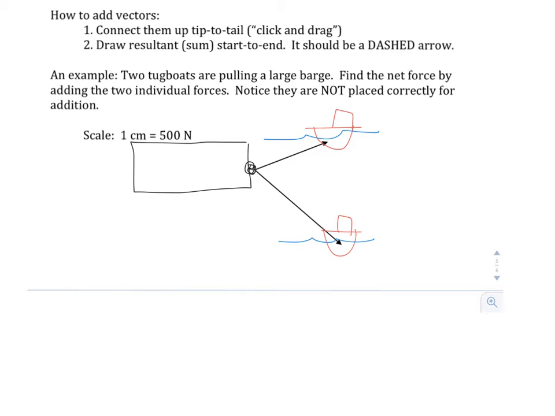So you can picture they're moving in this direction, but that the ropes that are connected are in the direction as drawn, and they're pulling this barge as it goes. Now, if you are taking notes in Notability, you can use a copy and paste tool. But if you're just drawing on your sheet, what you're going to want to do is imagine that you have each of these vectors here that,